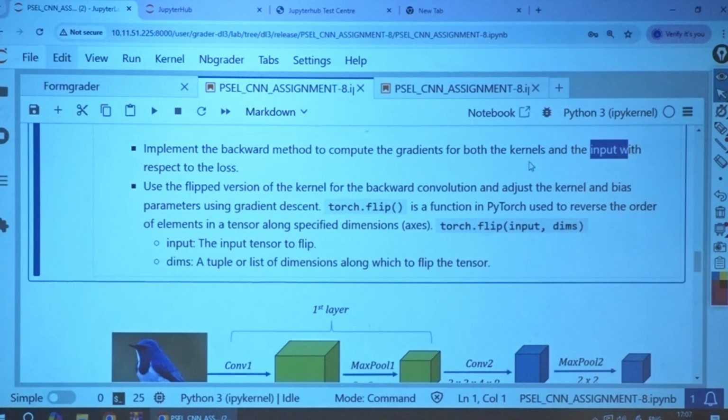How will you calculate this kernel gradient? I said derivative dou L by dou F, recollect it from the slide. Kernel's gradient is the convolution between what? No, dou L by dou F, I'm talking about with respect to the filter first.